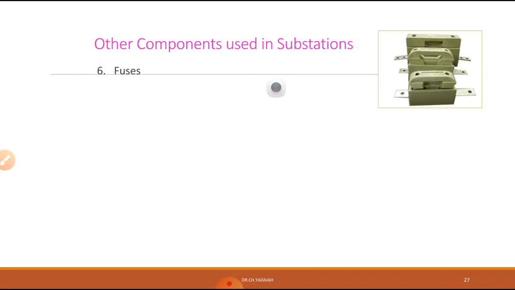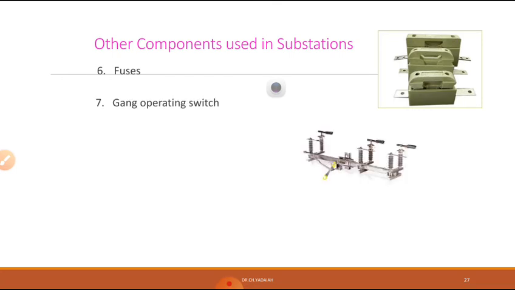Fuses, you can see the fuses, KitKat fuses generally used in distribution transformers where the feeders are going to different places. And the gang operating switch is nothing but, you can see in the DTR, the GOS, gang operating switch, we can operate the 11 kV supply voltage at a time by using this gang operating switch. We can say this is an AB switch also. So here you can see the stay sets, with guy insulators.